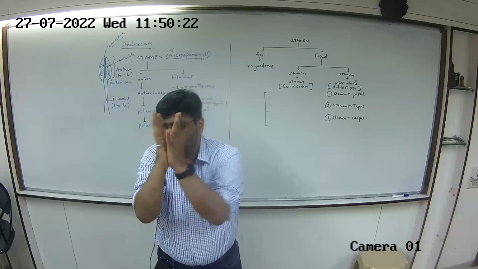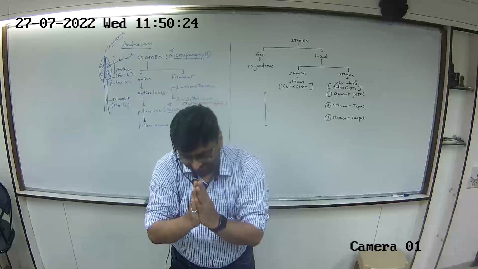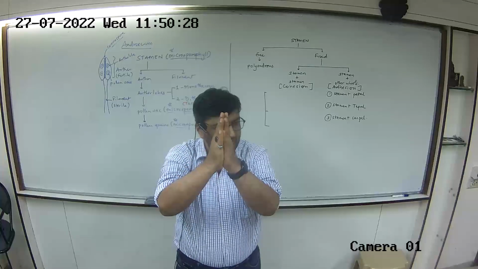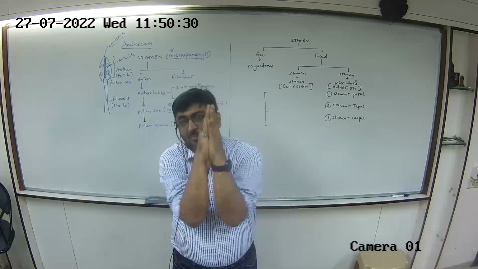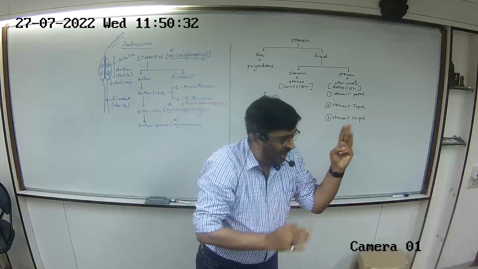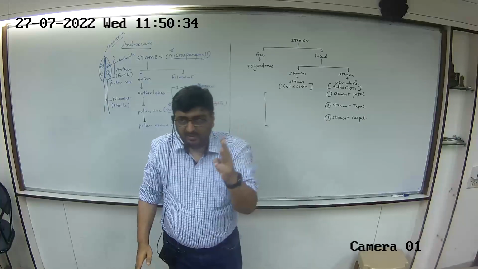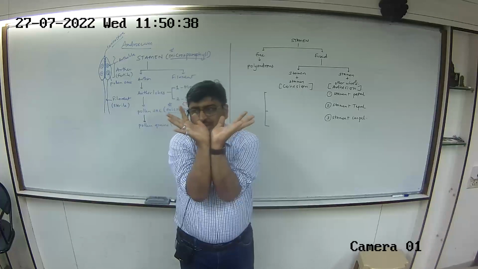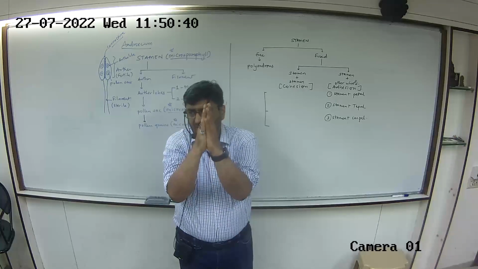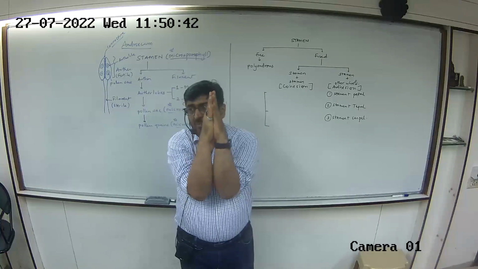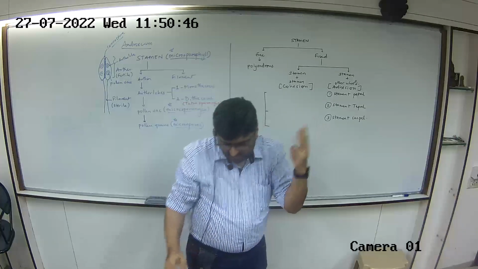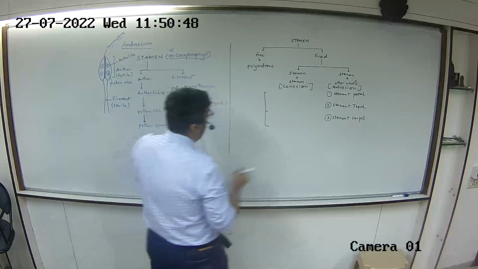Fusion number 2. Anthers are fusing, filaments are remaining free. Both are fusing. So fusion among themselves, how many types will there be now? 3. Number 1, filaments fuse, anthers free. Anthers fuse, filaments free. Both anthers and filaments are fusing. 3 options have come to us? Yes, let's check. So